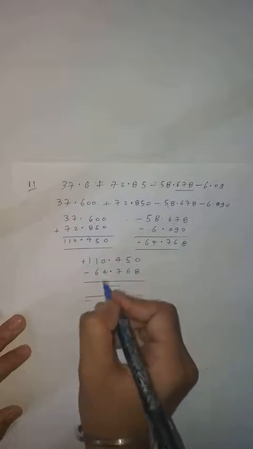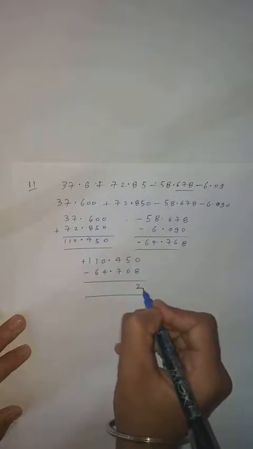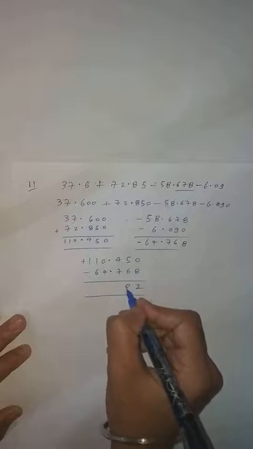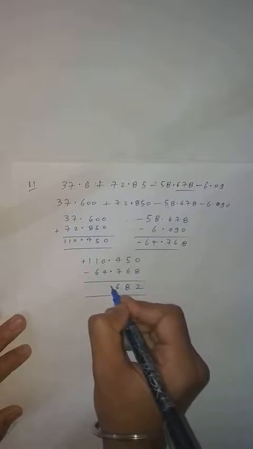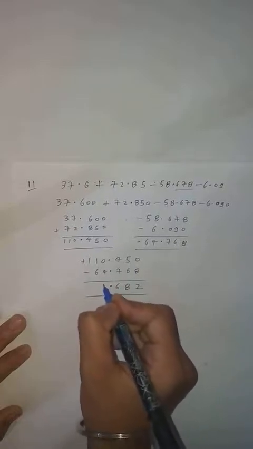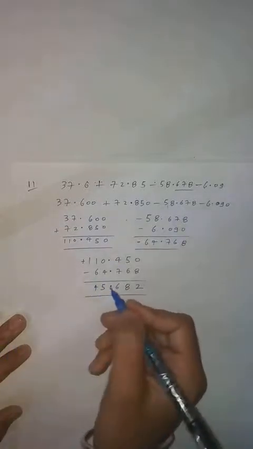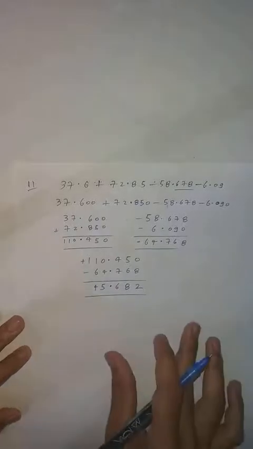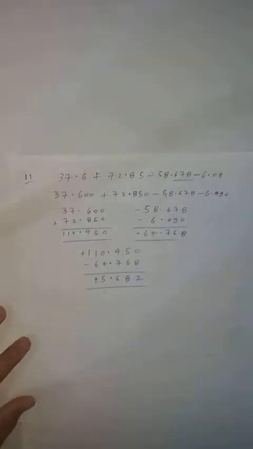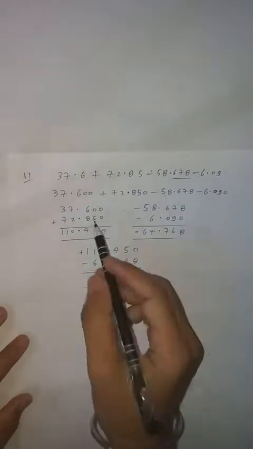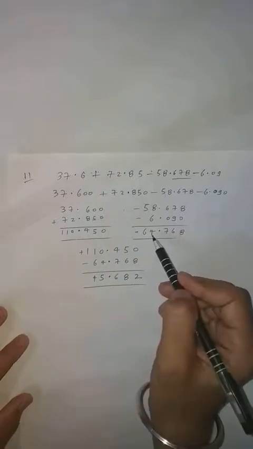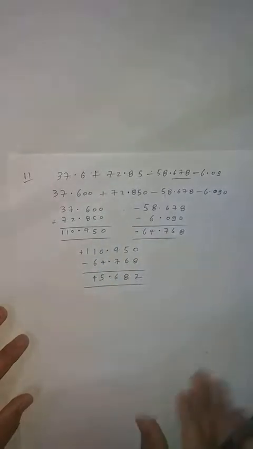So what you will do, you will subtract: 10 minus 8 is 2, then here 14 minus 6 is 8, 13 minus 7 is 6, point, 9 minus 4 is 5, 10 minus 6 is 4. And the sign you will put is plus, so there is no need of writing plus, so this is your correct answer. Clear students? So this is your question. First you have to add the plus ones, then add the minus ones, and the minus sign you will put, then you will subtract. Clear student?